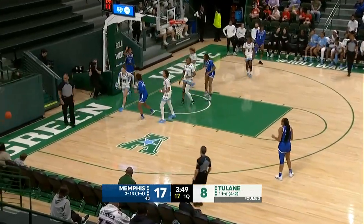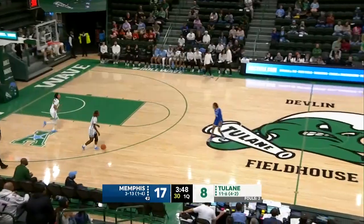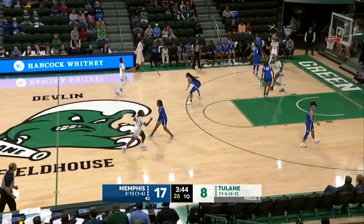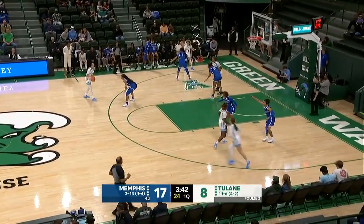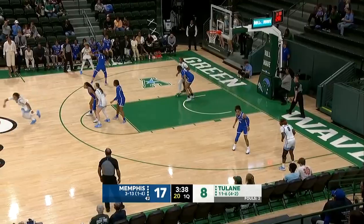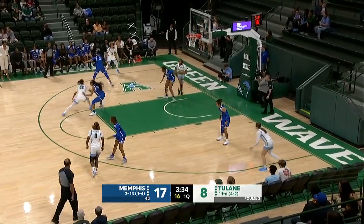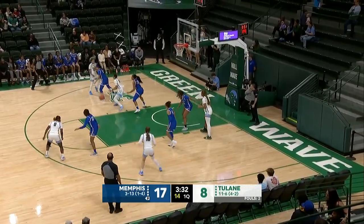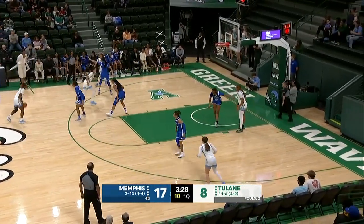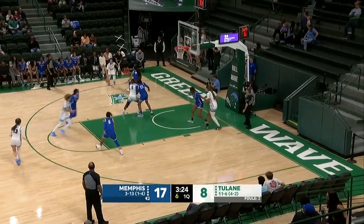Hageman on the drive. Coach Mittie hasn't been shy about using the entire country to recruit, because there are players from 11 states on this team. And she has definitely used the transfer portal as well, and she's gotten some great players from it. We mentioned Hageman, the impact she's made. Bowler, the leading scorer from Jackson State. They got a player in Alana Eaton who's transferred from 2 SEC schools, Ole Miss and Arkansas as well. Shot clock to 7. Pittman will pass on the...